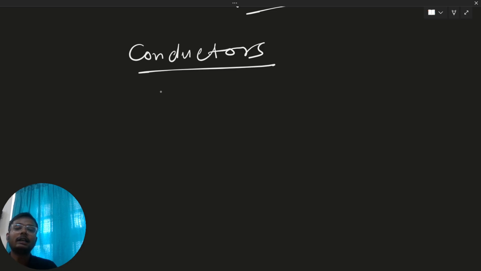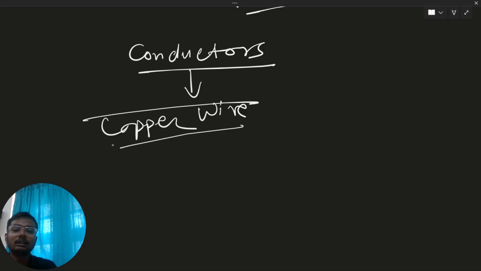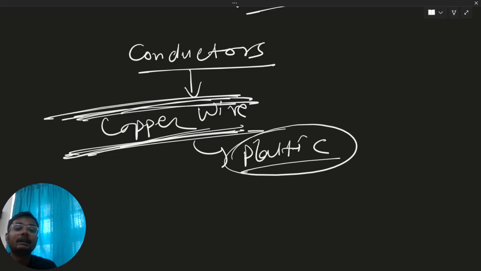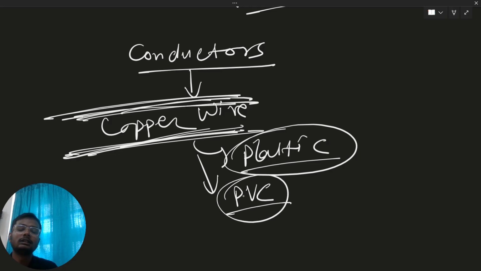Have you ever seen any conductor like wire, copper wire? It is a conductor, but around the copper wire there is an insulating material, plastic or some other insulating material. It is PVC, I guess, polyvinyl chloride. It is also an insulator which comes on the outside of it, which prevents